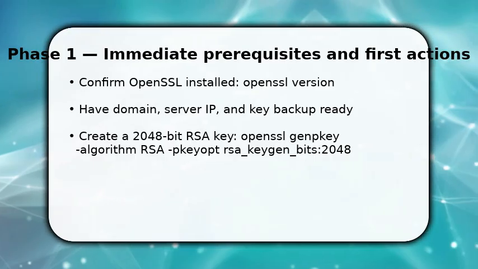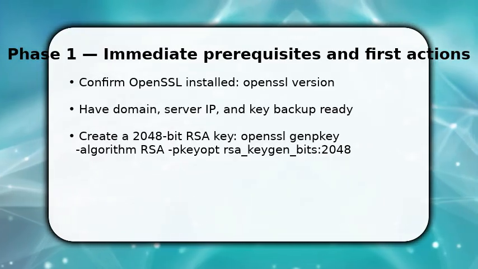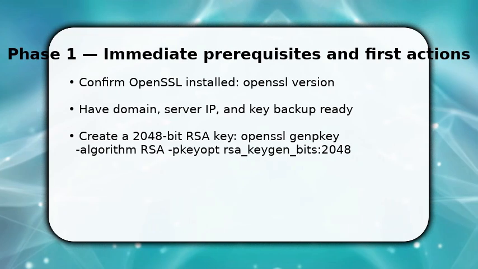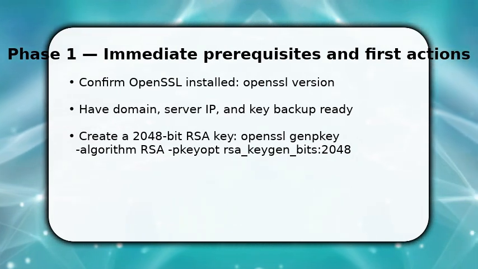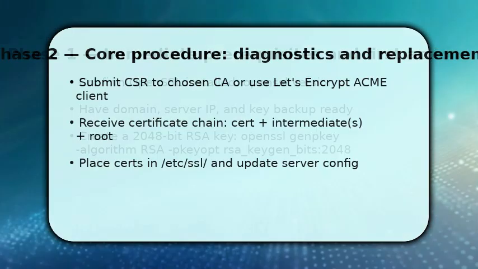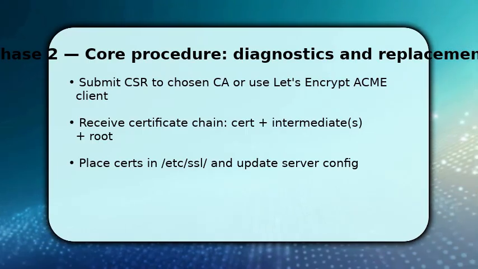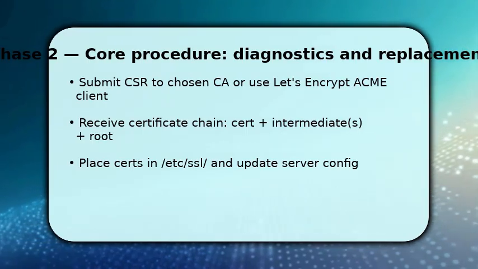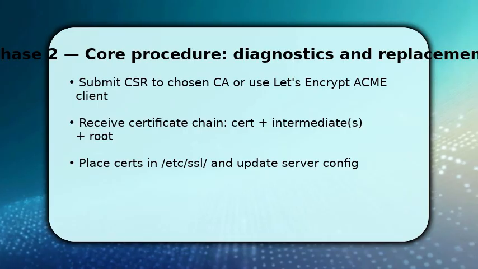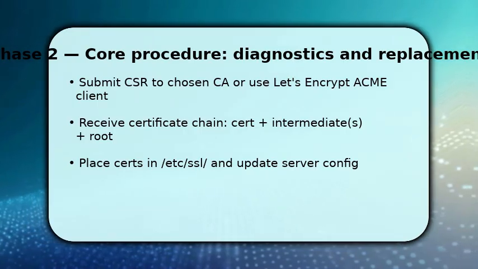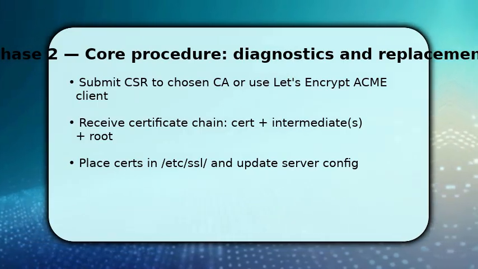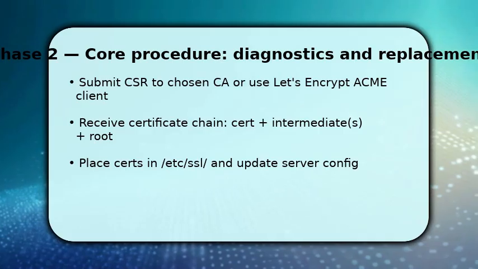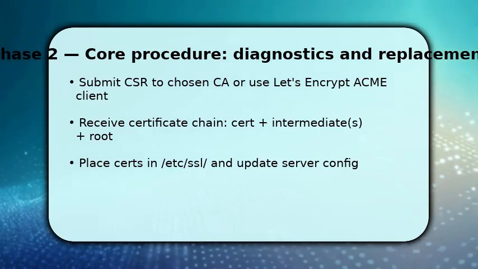Once done, inspect the CSR to verify the common name matches your FQDN. This prevents certificate mismatches when the CA signs it. Next, submit the CSR to a certificate authority or automate with an ACME client like Certbot. If you use a CA, upload the CSR and select a validation method, DNS or HTTP, because proper validation proves domain